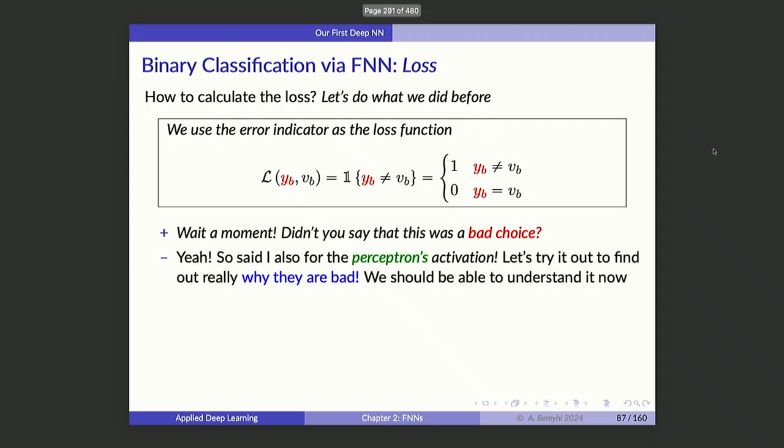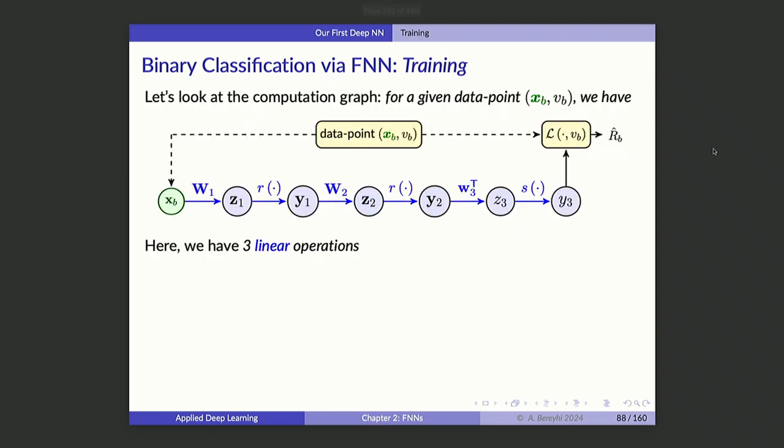Now, this is what I said before. So you would say this is not a good choice, and I'm going to show you. You now can simply understand because you do know how to move forward and backward in this neural network. So let's just go ahead. I promise I'm not going to do that too much in the lectures, but let's do it once together. Just write down the computation graph